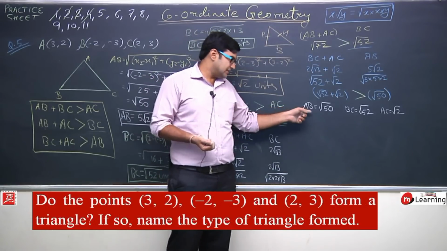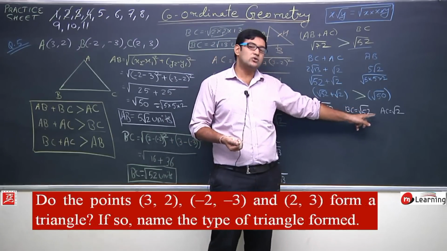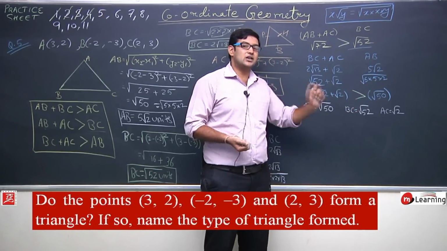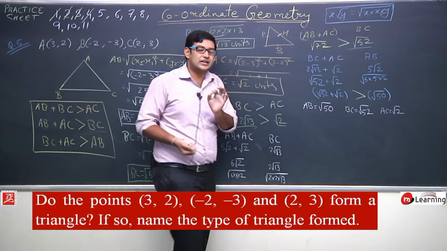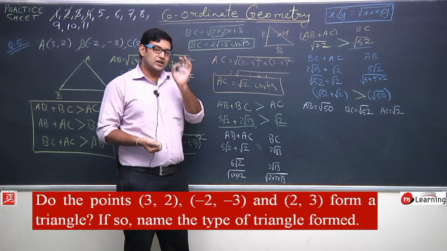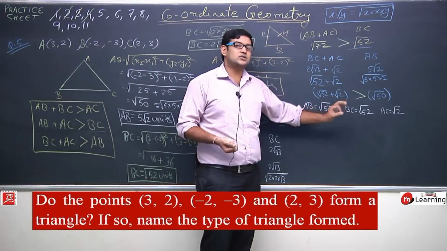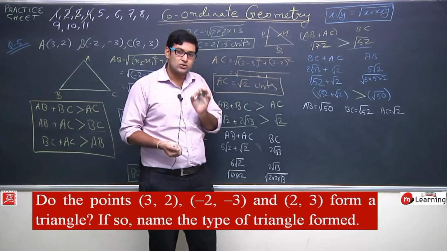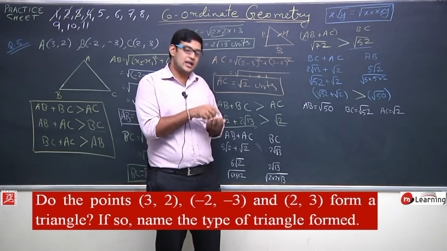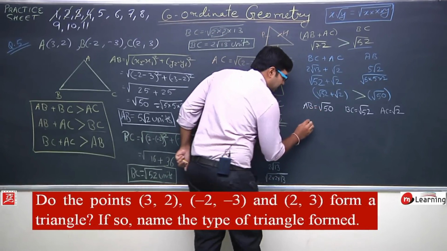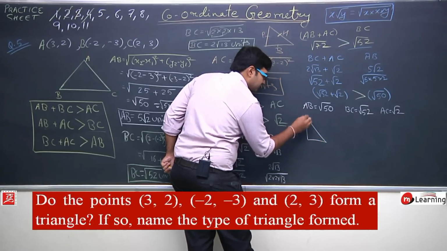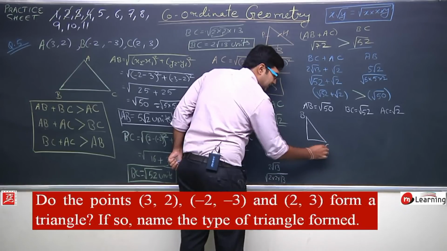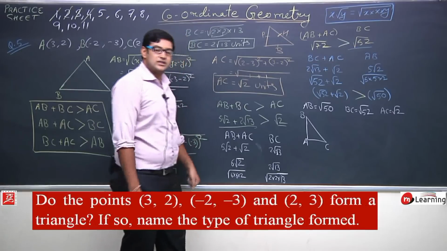Yes, we can see the length of BC is root 52, which is more than both the other sides. BC is the longest side. It means if this triangle is a right angle triangle, then definitely BC has to be the hypotenuse. Okay, then definitely BC को ही hypotenuse होना चाहिए. अगर BC इस triangle का hypotenuse होता है, then this triangle may look like this. In this triangle, this is B, this is C, and then definitely A should be this one.